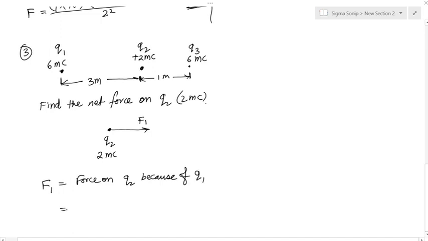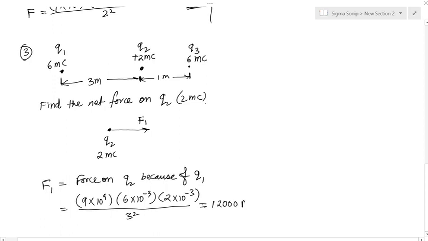We already know the formula, so just K times Q1 times Q2, divided by d squared, and that gives me a value of, I can just calculate it, I will get 12,000 Newton. So that is my force, F1 is 12,000 Newton